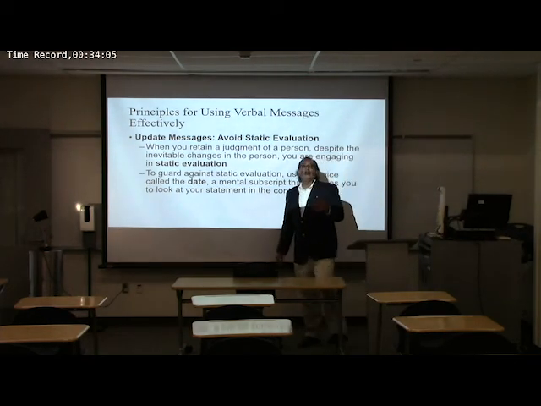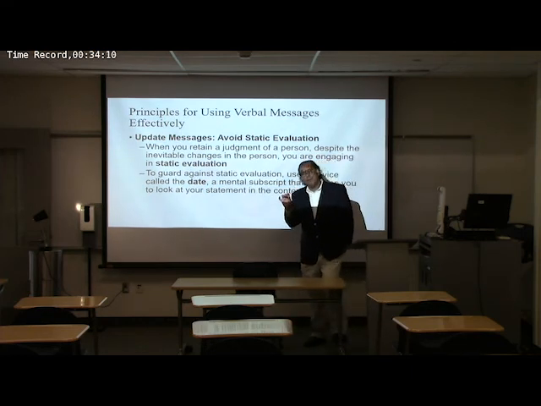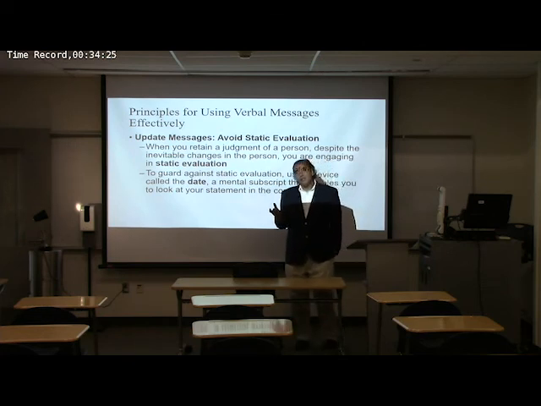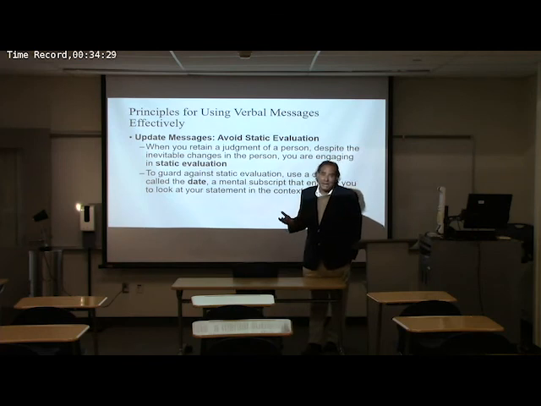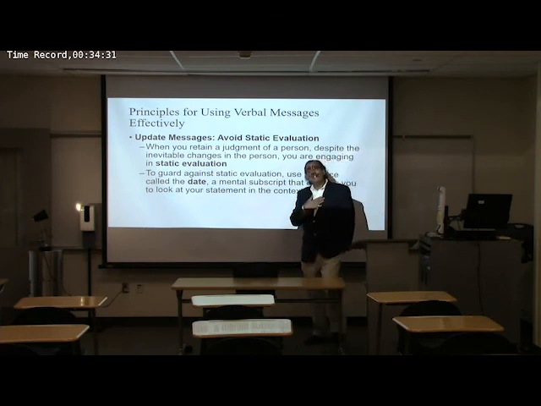So one of the other situations, I think we just briefly mentioned what's known as the confirmation bias in Chapter 2. But one of the other tendencies that we engage in as human beings is what's known as static evaluation. So we see a temporary situation and we give it permanent characteristics. And when people are taking introductory psychology classes, oftentimes this is referred to as the state-trait dichotomy. So you may have a state, like right now I might be feeling pretty good because I'm kicking butt in this lecture, right? But that's not a trait. I'm not going to be the best professor or feel this good at all given points in time.